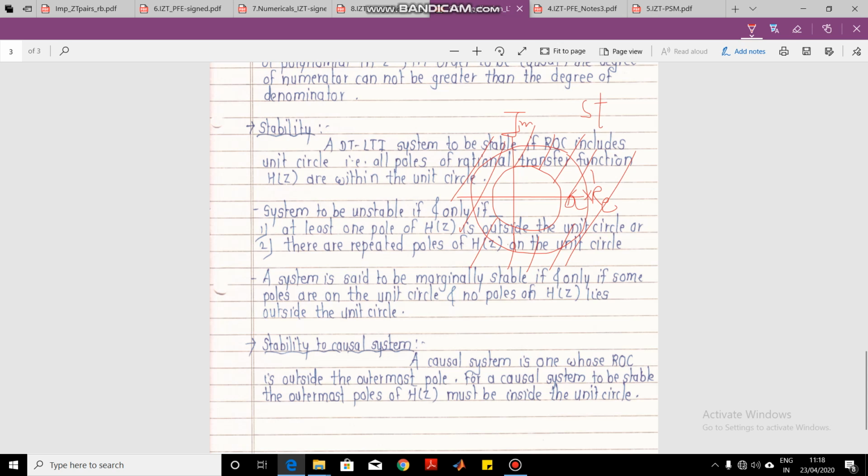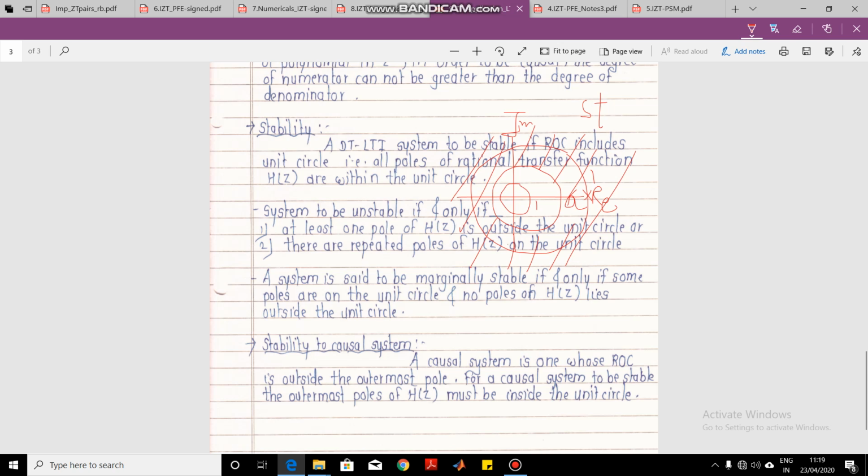But if your ROC is the same, but the unit circle is here, and this is a causal system with A greater than 1, that is A is equal to 2, then my system is not stable because the ROC does not contain the unit circle. So this is very important. Whenever we plot the ROC, we have to see where the unit circle is. If the unit circle lies inside the ROC, then the system is stable, and if it does not, then the system is not stable. This is the simple criterion to understand the stability of the LTI system by looking at its Z transform or its ROC.